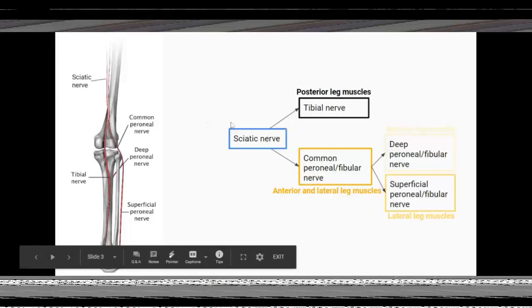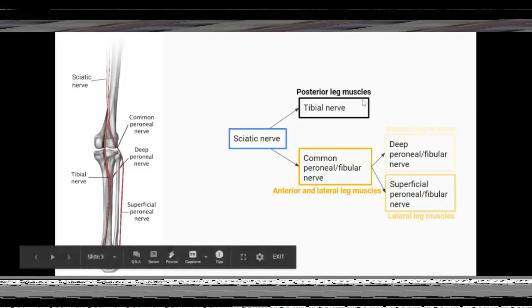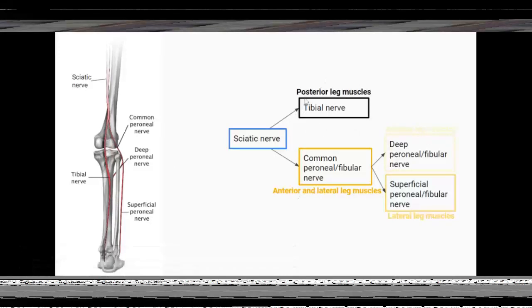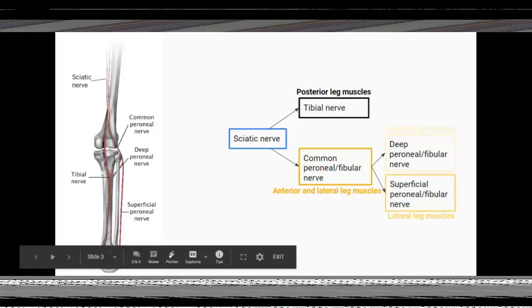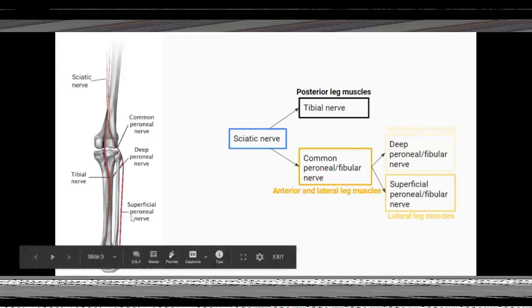And so I gave you a little diagram here. I made this of where each of them goes and what each of them does. So again, the sciatic nerve is going to be throwing out some little branches as it goes down, but the main branches that it terminates into are the tibial nerve and then the common fibular or peroneal nerve. And the tibial nerve is going to be working to innervate the posterior leg muscles, so that could include the gastrocnemius or the soleus muscles, right? So that's posterior leg. And then the common fibular nerve is going to be doing the anterior and lateral leg